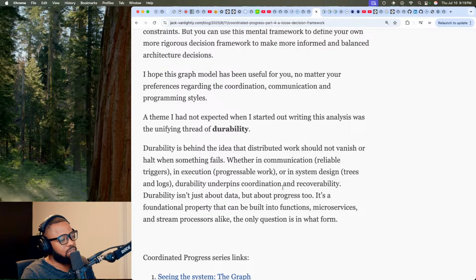Durability underpins coordination and recoverability. Durability isn't just about data, but about progress too. It's a foundational property that can be built into functions, microservices, and stream processes alike. The only question is, in what form?